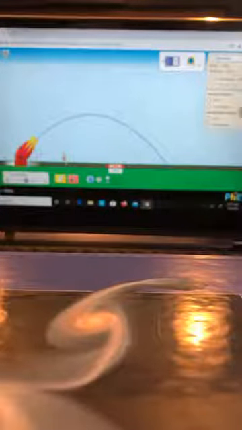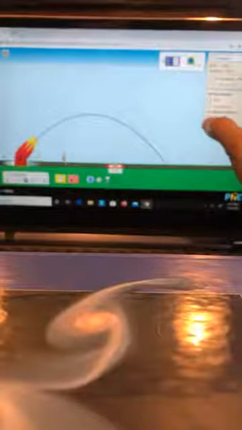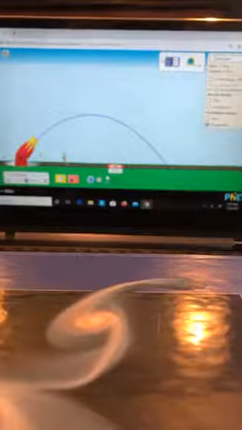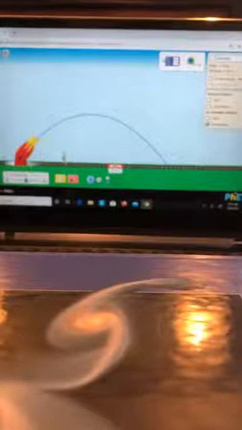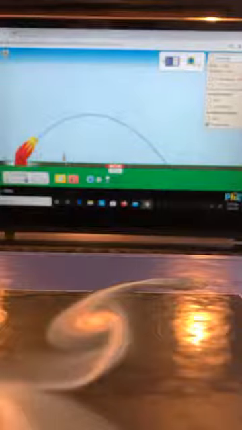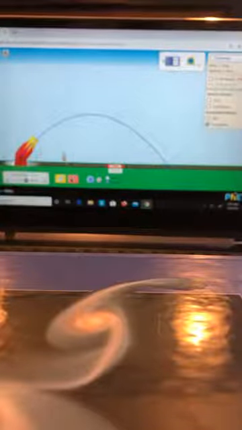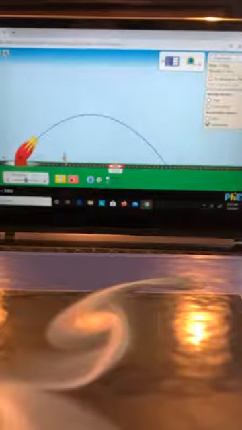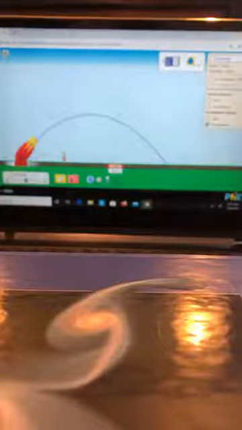Let me activate the acceleration vector, right? Acceleration components. Please watch again. Okay, see, acceleration, that is the downward arrow, is always downward no matter what. And its length doesn't change. What does that mean? The length of the acceleration arrow doesn't change, which means acceleration is always constant, which is the acceleration due to gravity. It doesn't change. It is constant.